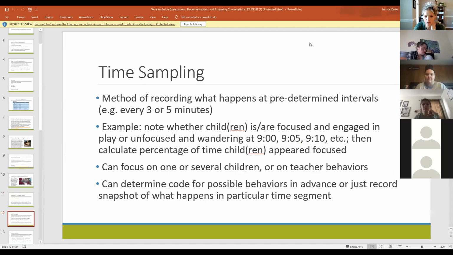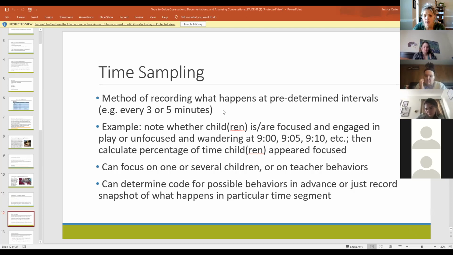Okay, so time sampling. Time sampling is a different method where we're going to be taking a snapshot observation of children at an agreed upon interval of time. So we might be watching what one child is doing every 3 or 5 minutes in the classroom. An example of this could be related to a child being focused and engaged in play, or a child